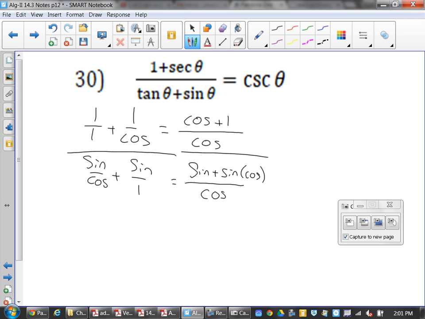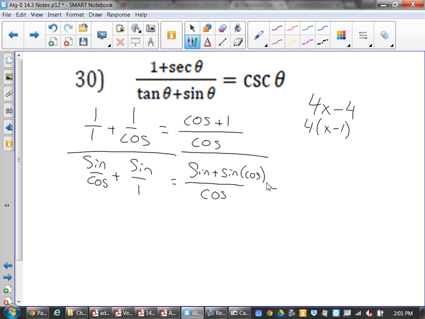So what would you do if you had this and you needed to simplify? Take out a 4. If you factor out a 4, you get 4 times x minus 1. Well, what do those guys have in common? A sine. Factor it out. And then this guy just comes right over here. So right now I have cosine plus 1 over cosine, all divided by sine times the quantity 1 plus cosine